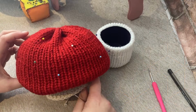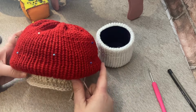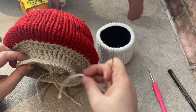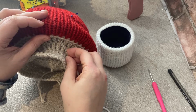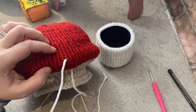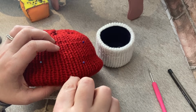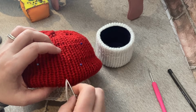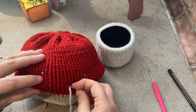So I've placed some pins around the cap just roughly to indicate where I want to make some little stitches to create the little spots on the mushroom. So I'm just going to start, I've got some white yarn, I've tied a knot in it. I'm just going to come in under that lip just so that the knot is hidden, and I'm going to go around the card that's in place and pull that through. Get that little tug that's in there, and then I'm just going to go back through where I've just come out again because I don't want to do a stitch here. I'm just going to go back in, and then I'm going to go across to where I want my first stitch. So I'm going to go in the base of that stitch,